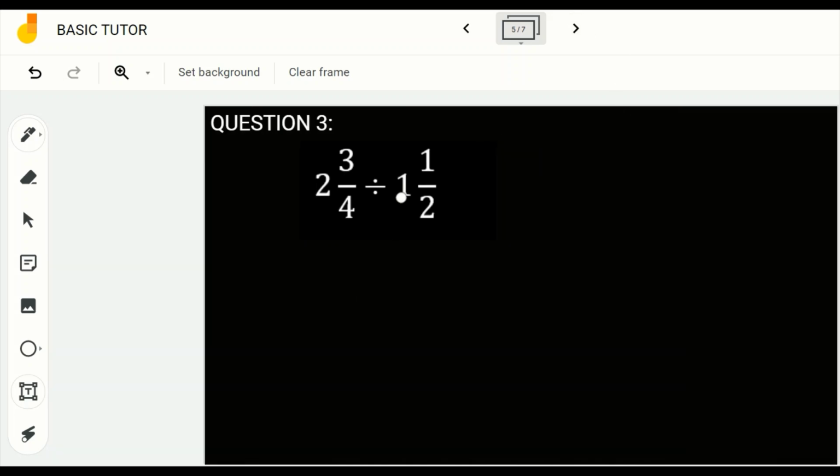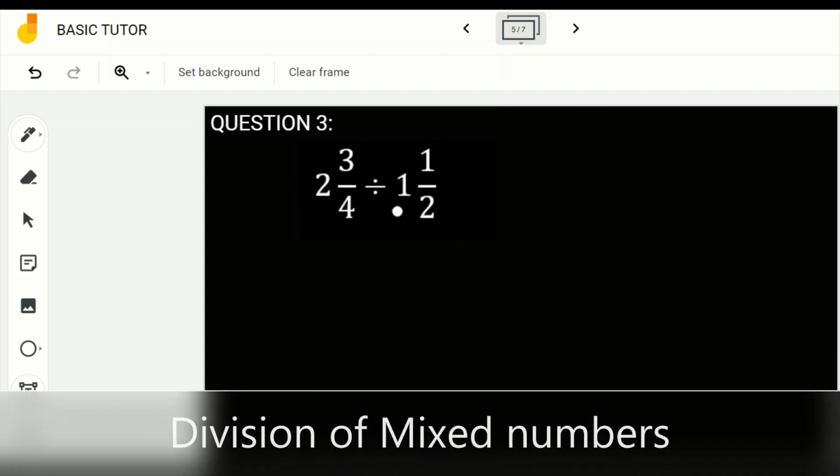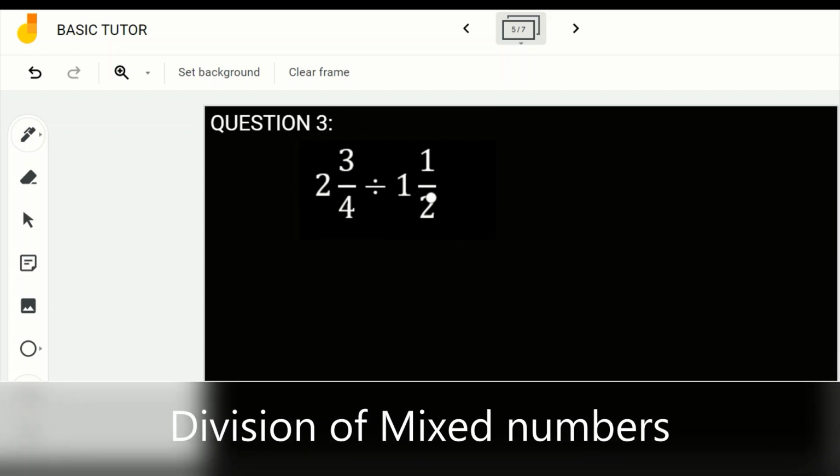Here is a third question. Here we are dividing a mixed number by a mixed number. Remember that when we are dealing with mixed numbers, we have to convert the mixed number to an improper fraction. How? We multiply the whole number by the denominator, then we add the product to the numerator. So 4 times 2 is 8. 8 plus 3 is 11. So we have 11 over the denominator, which is 4,